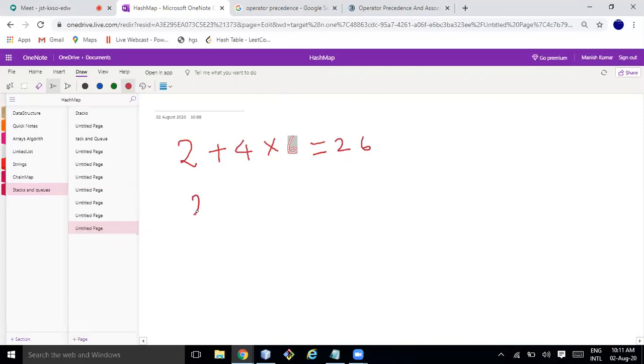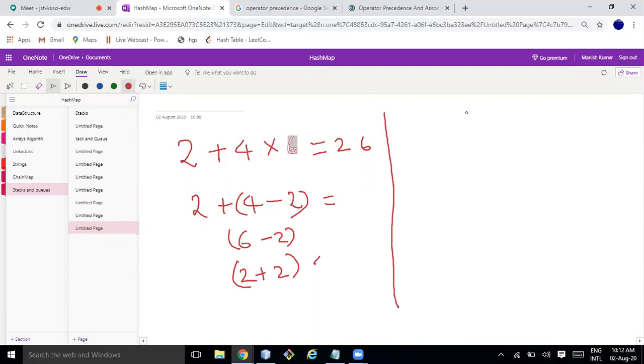If I say 2 plus 4 minus 2, what will be the output? Are you going to perform 6 minus 2 or 2 plus 2? It will be 6 minus 2. Yes, left to right. That is the thing I wanted to ask.